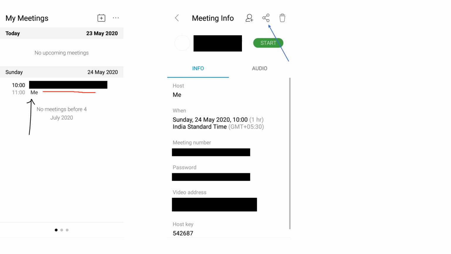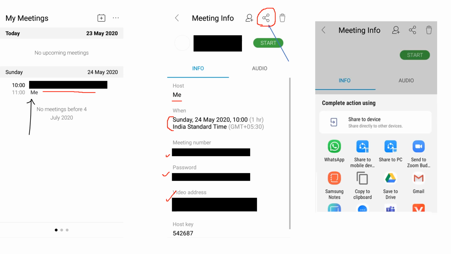Your meeting information will be provided over here: the host, which is you, the date and time at which you have scheduled your meeting, the meeting number, your password, and your video address. And if you want to share this link, you can also share it by clicking on the share option, which is given over here.